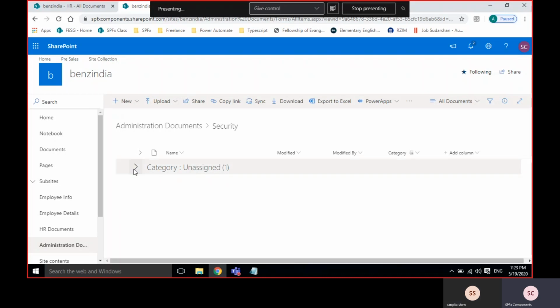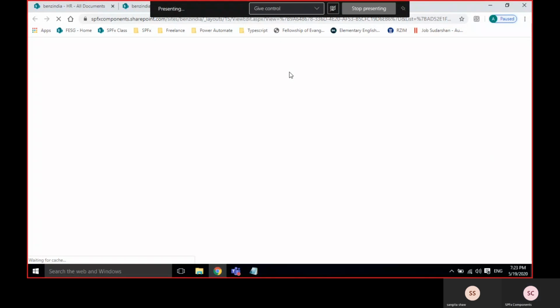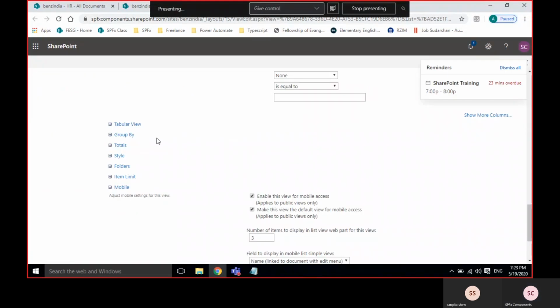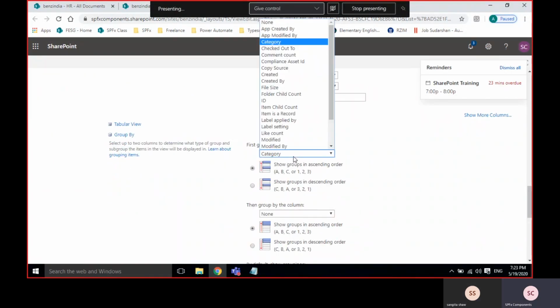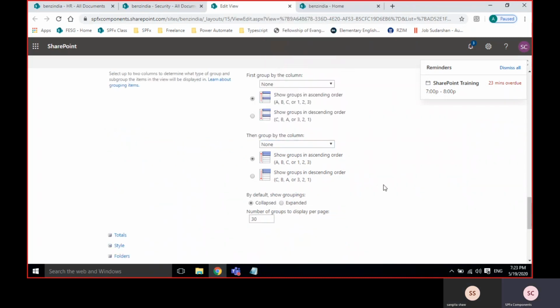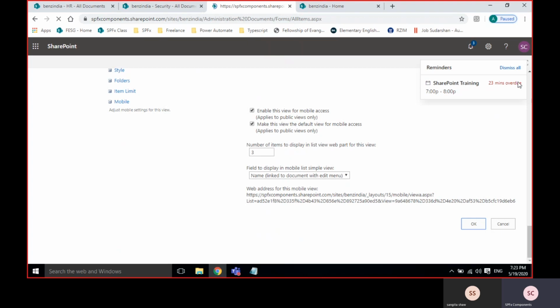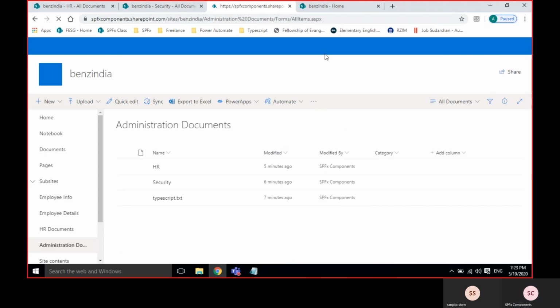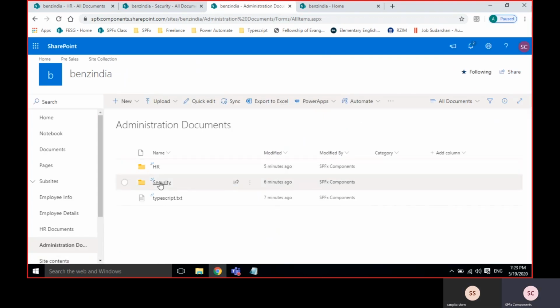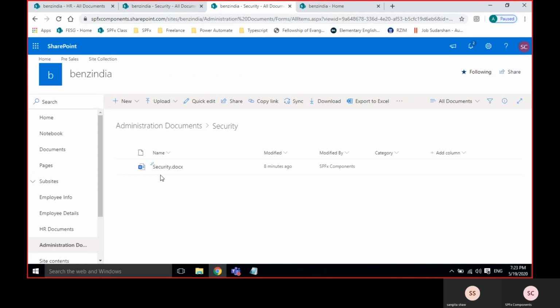I'll just remove this view. Okay, so there is check-in and check-out.